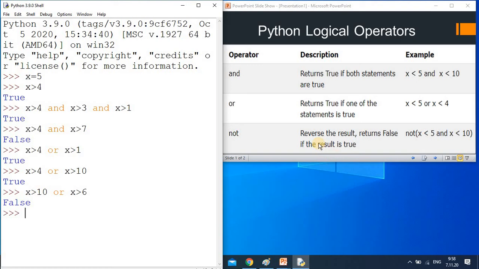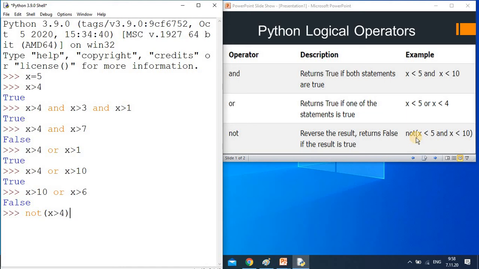For example, x value is 5. Here in the NOT, it is written as not. As you know, x value is 5, so I am writing not directly, and in brackets x greater than 4. x is definitely greater than 4 because 5 is greater than 4, so it will be true.